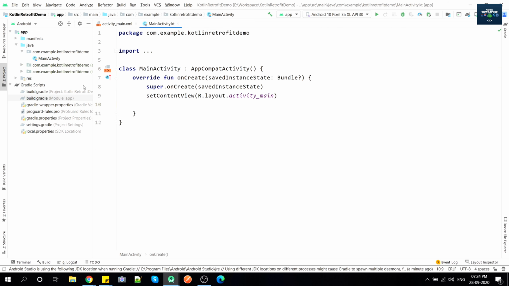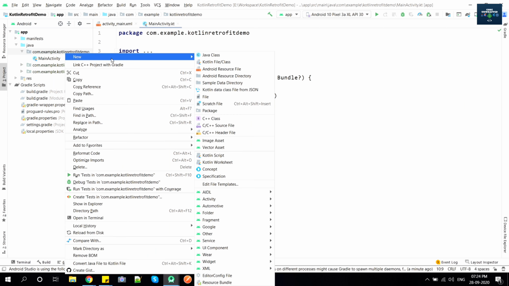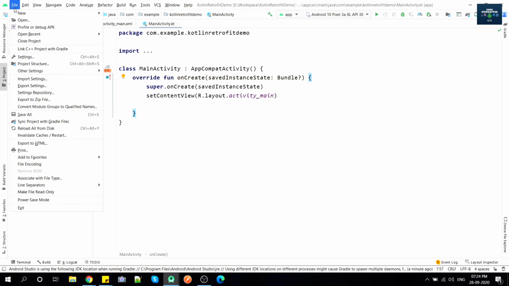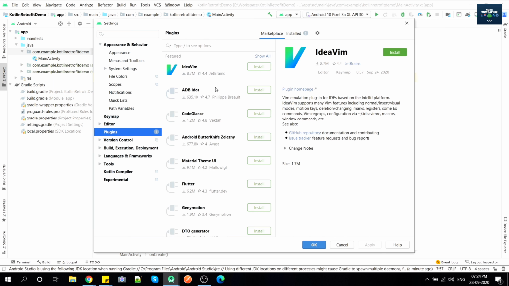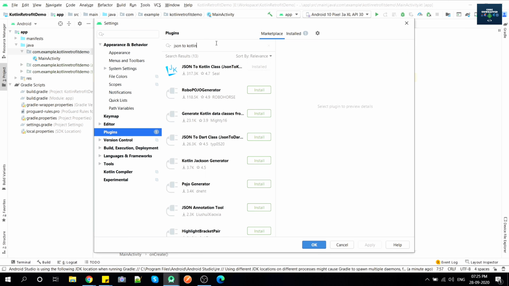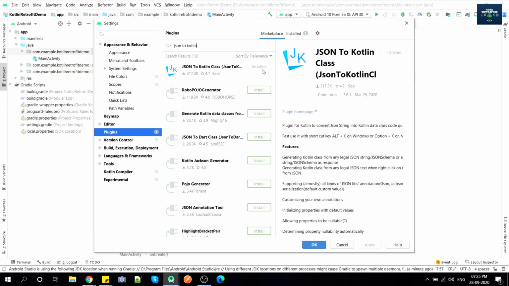Now we need to make one model class, which is also known as a data class in Kotlin. So I'm making it from a plugin which is very useful for making a data class. If you are not aware of this plugin, I'll tell you how to add this first. You have to go to File, Settings. You can see the Plugins option is there. And in this, you can see many plugins are there. Make sure you have selected Marketplace here, and just search JSON to Kotlin. And as you can see, this is the plugin which I've already installed, so it is showing me installed. Otherwise it will show you this install button. You can install it from here easily.